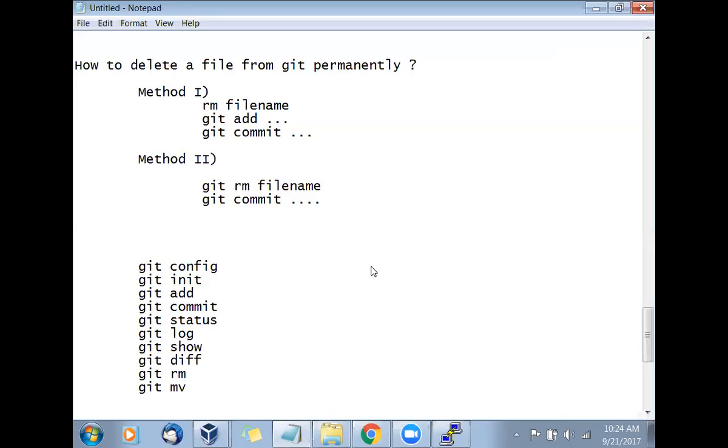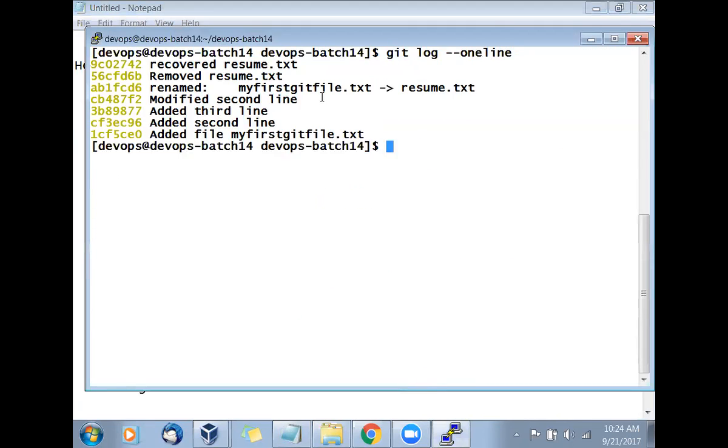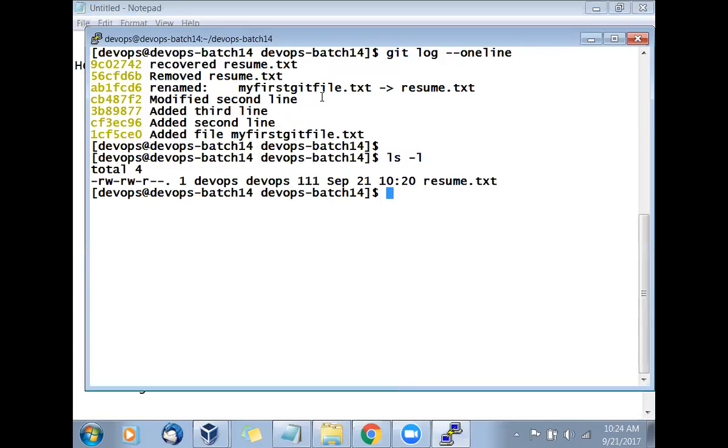Of course, the history will always be there. If you log out and come back after 10 days or 100 days, it will definitely show all the information. Today we have seen this information on the screen, and tomorrow if we come back, we should see the exact same thing because we are not disturbing anything. Logs will be available for 10 years, 20 years, 40 years, no problem.